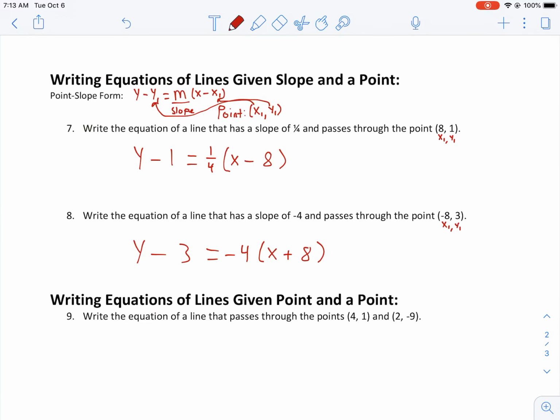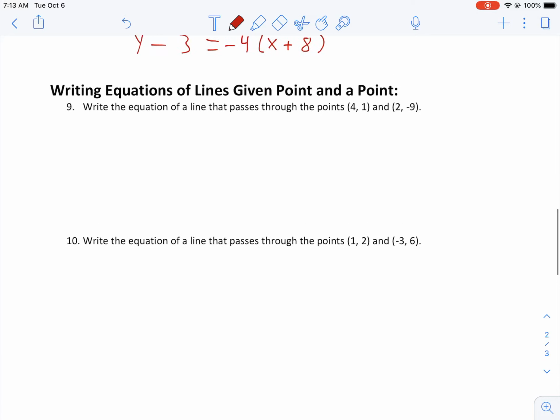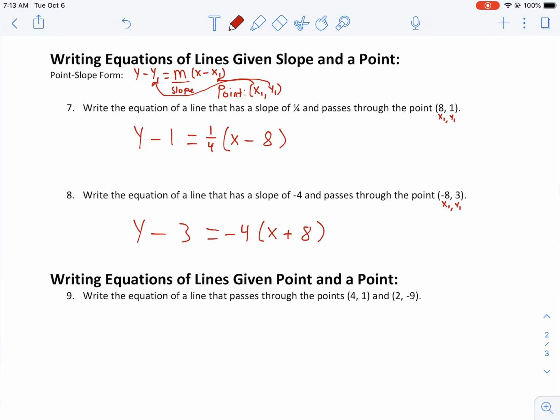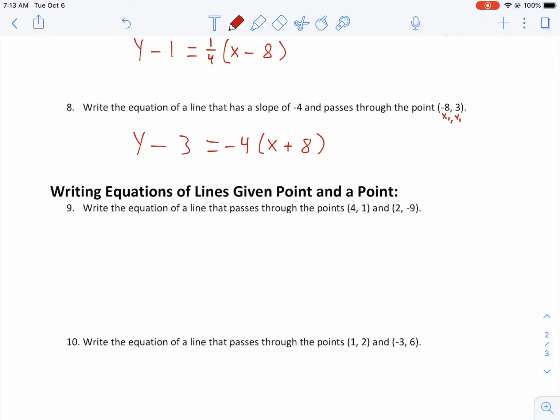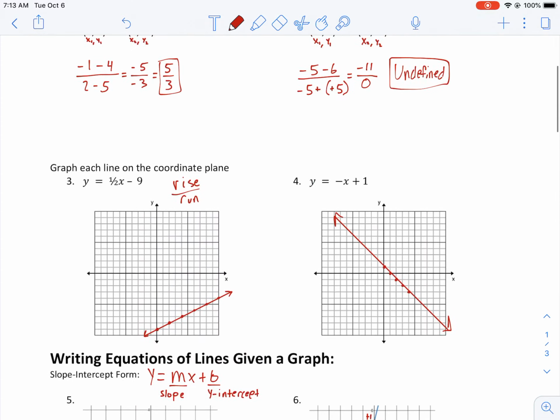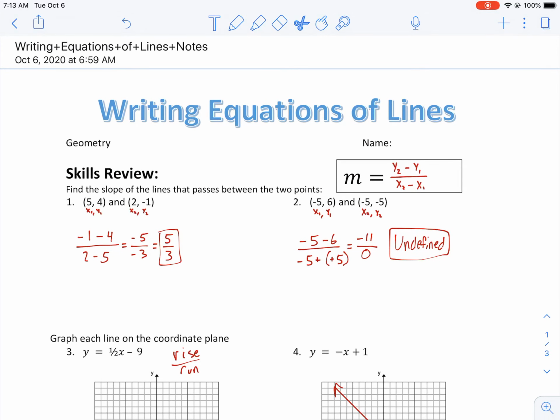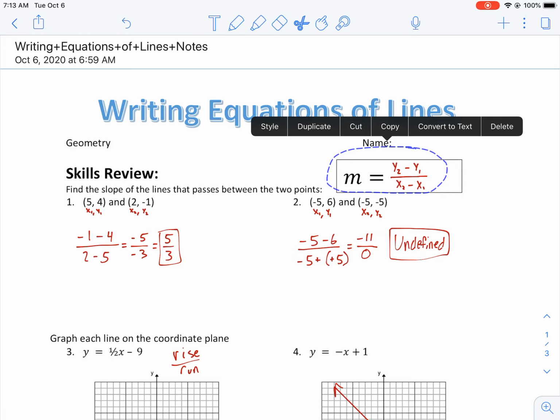I know point slope form, you don't know it as well as y-intercept form, but point slope form is really important. It's much easier to write these equations in point slope form. The last thing that we're going to do: write the equation of a line that passes through the points. Because we're not given a slope and we're just given 2 points, we need to